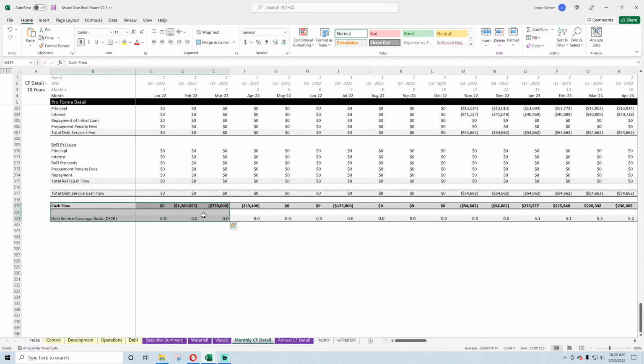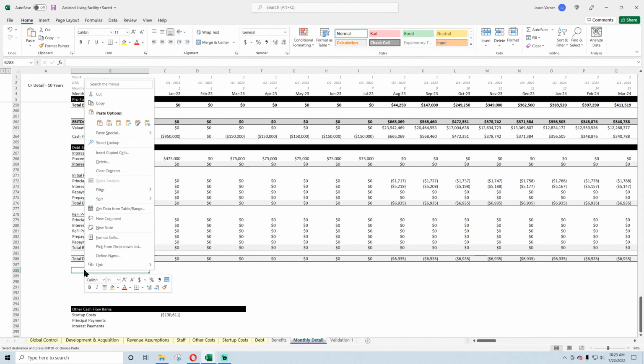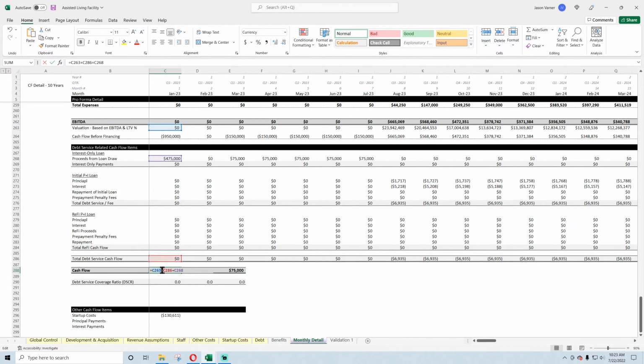We'll put in debt service coverage ratio as well. And then, so cash flow is going to be debt service cash flow. Now, hold on. Yes, so this is total debt service cash flow, which only takes into account the refi stuff, the initial P&I, and interest, and is not looking at the proceeds. So when we want to do total cash flow after everything, we do the proceeds, the net effect of all the debt service,